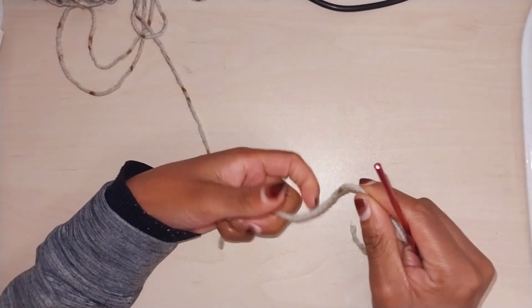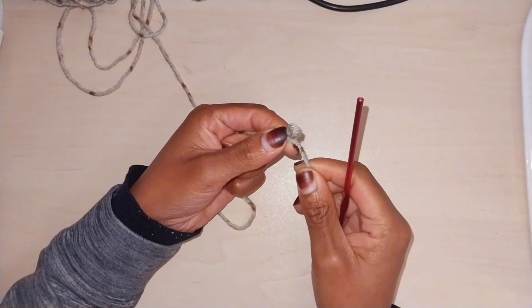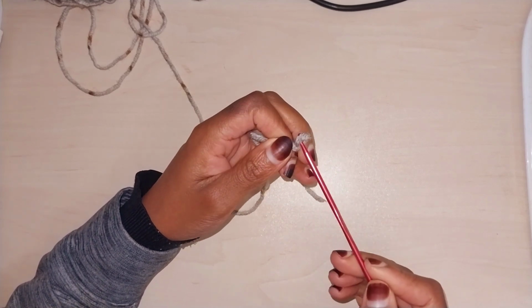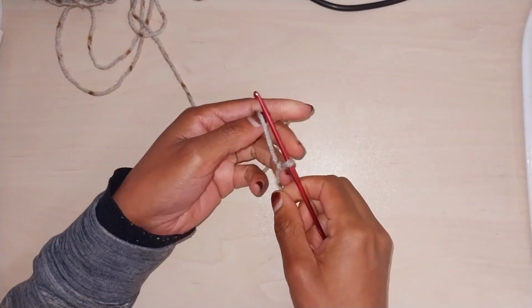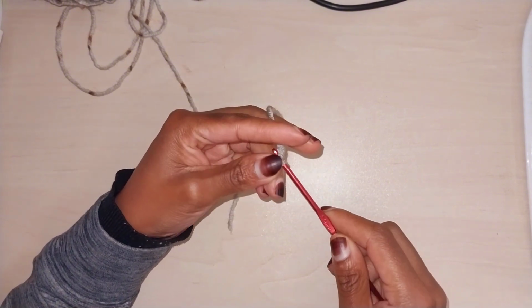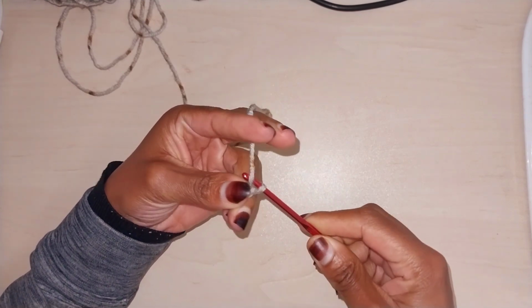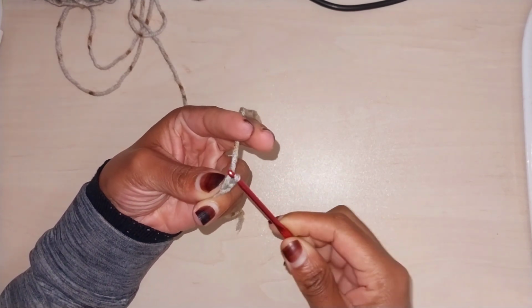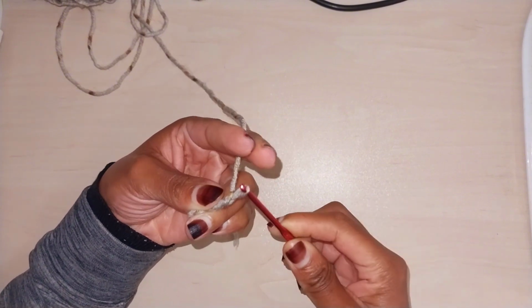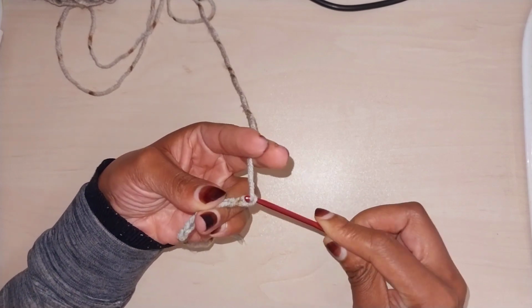So at this point you want to make a chain of 30, and you first start by making a slip knot, and then from there you start working on your project. We're going to make 30 chains, so this is how you do that. Sometimes before you get the tension right, it can take a while. That's the first chain, the second one, the third one, the fourth, the fifth, the sixth, the seventh,